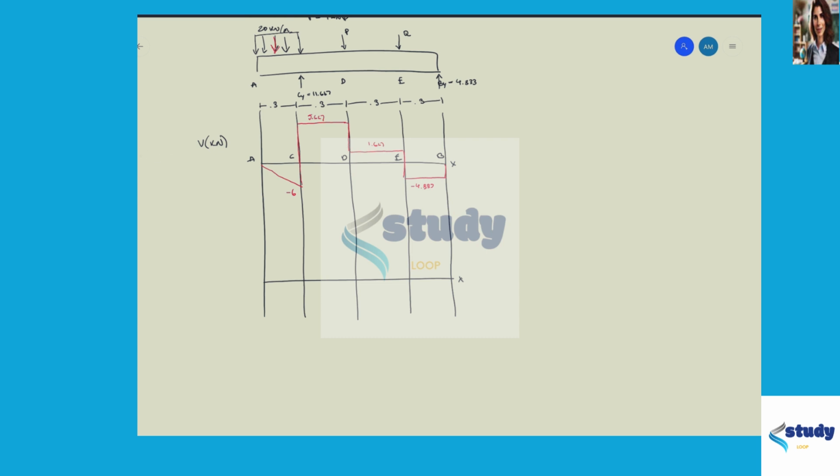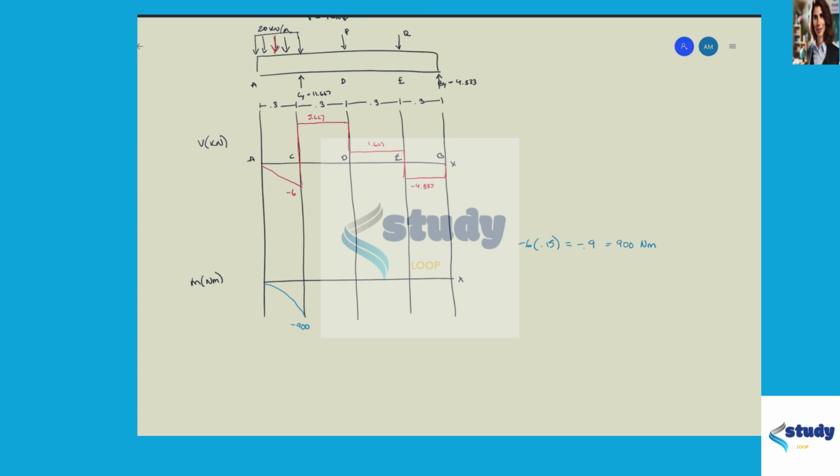And then our moment diagram, we just take the area, right? So we just do negative 6 times 0.15, and we get negative 0.9, and I'm going to convert that to 900 newton meters. So this will be newton meters. So we have a parabola going to negative 900,